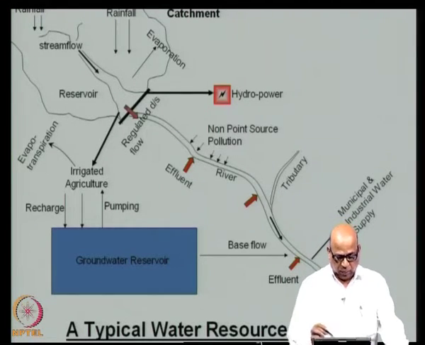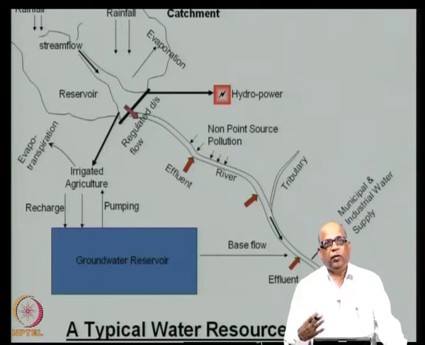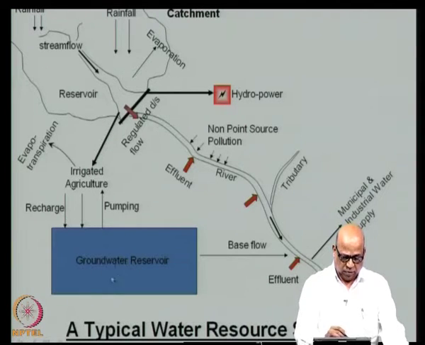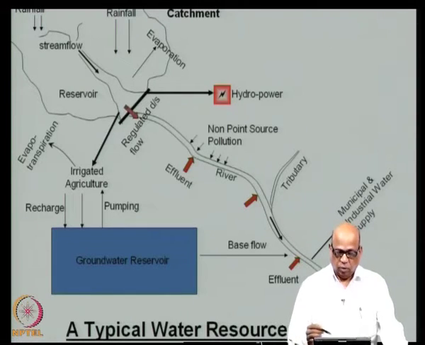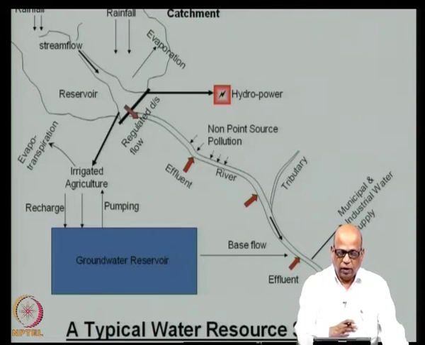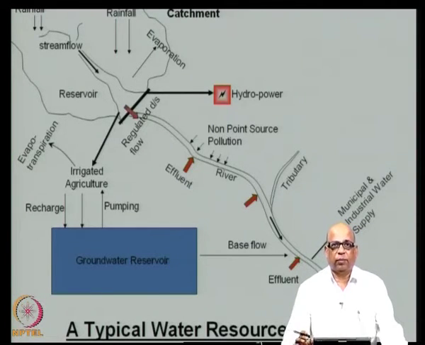So, this is a typical water resource system. There are many variants of this. For example, you may have several such reservoirs, you may have the groundwater reservoir split into 2 or 3 different aquifers, you may have an agricultural field composed of several different crops, partly served by the groundwater reservoir, partly served by the surface water reservoir. You may have several different types of effluents, all reacting with each other, not necessarily non-reactive pollutants and so on. So, you may have different variants of this particular typical water resource system.